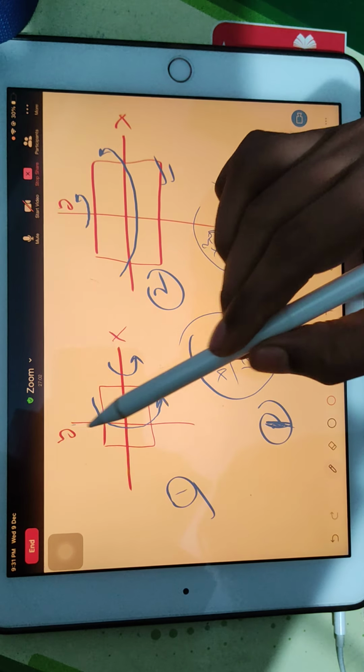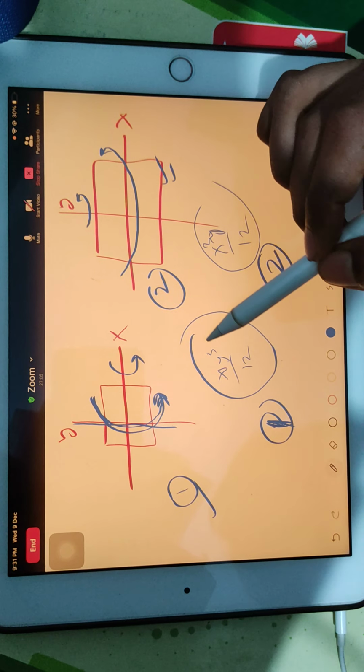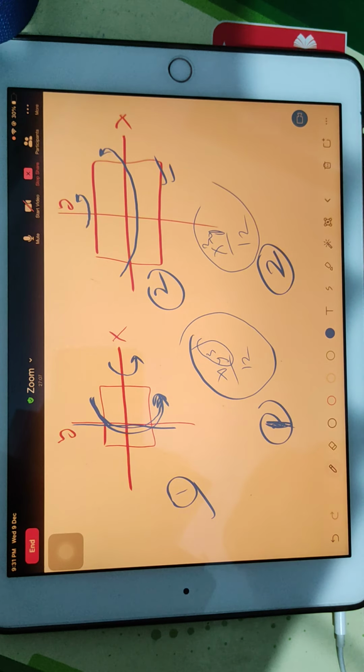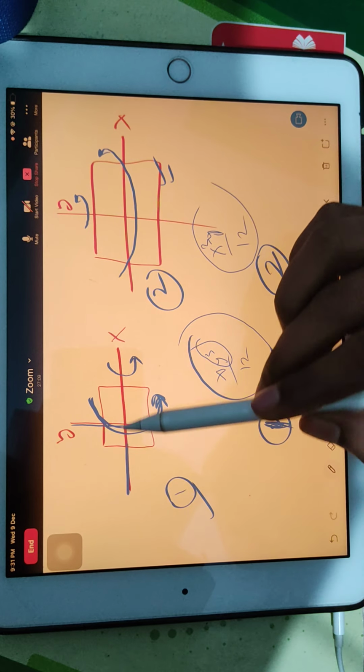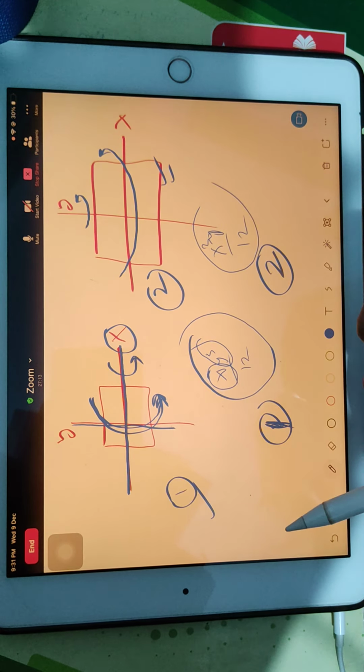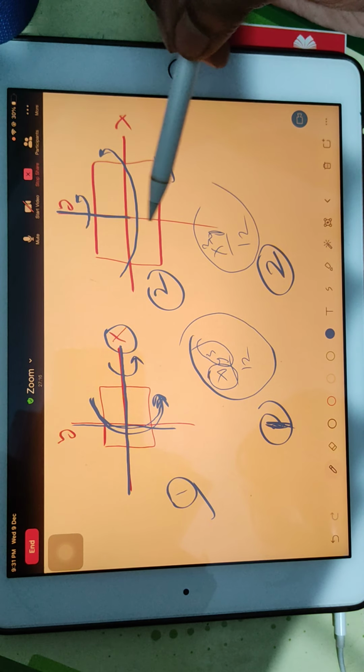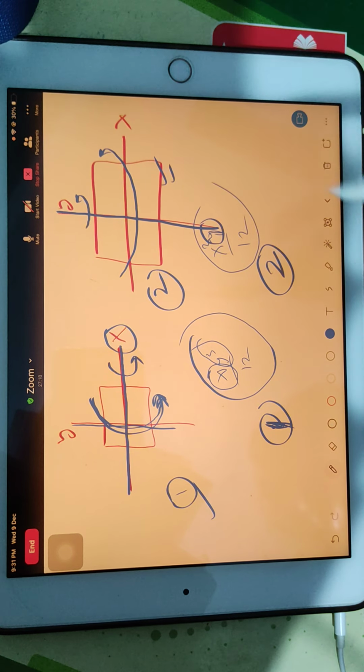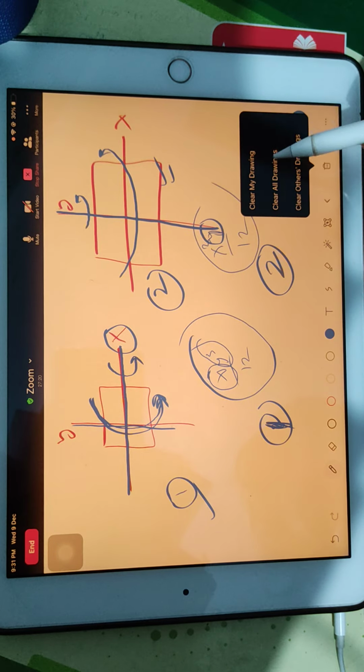What kind of concept have you built up in your mind? Y is rotating about the x-axis, so you do y cube. You can also keep one more idea in mind. The x-axis is stationary, that is, not rotating. So here x is stationary. Here the y-axis is not rotating, that is stationary. So here y is just y.